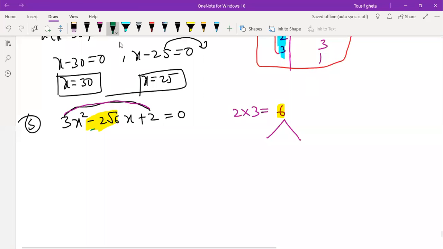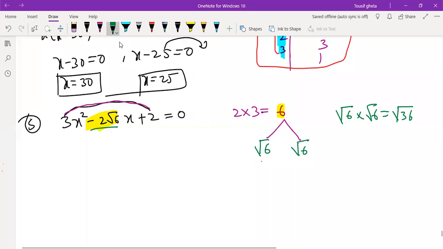See, you should think that first, there is no table going to interfere now, like 2 threes are 6, or 3 twos are 6, or 6 ones are 6, because they are not going to give you the root number. So this whole number will not help you out, remember. We should think differently. We should decide that the number should be under the root. So if I multiply root 6 into root 6, see carefully, root 6 into root 6 will get what? Root 36.